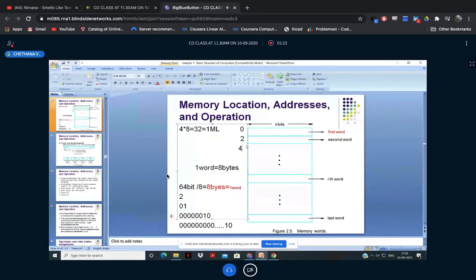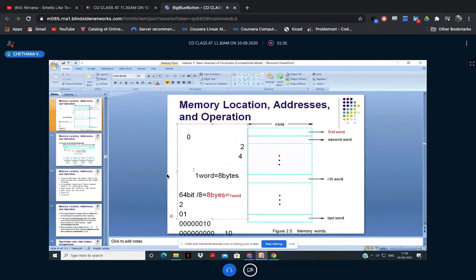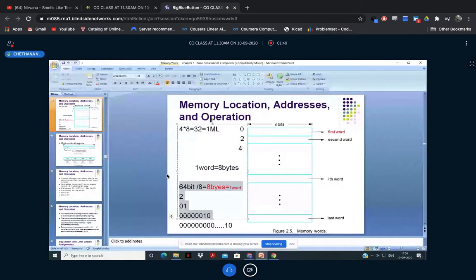And I also told you about bytes. So bytes is nothing but what? In terms of bits, suppose I'm going to give you a very important piece of information. Suppose I give you 64 bits. How do you convert it into bytes? Just divide it by 8. Very simple. I think you know this. That is equal to 8 bytes. This you should know actually.